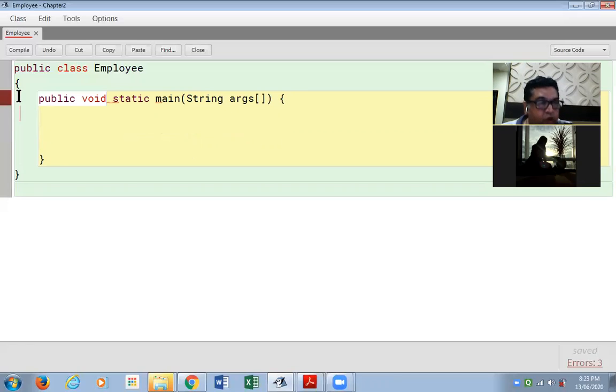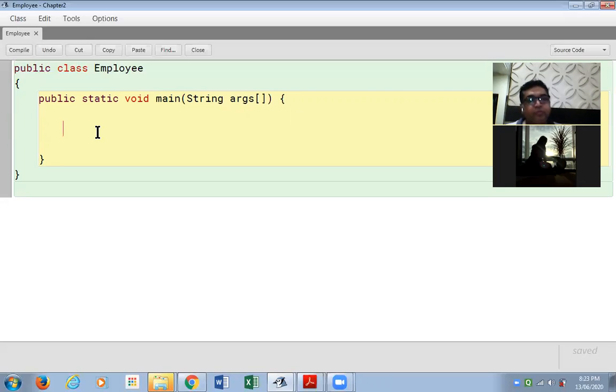Today is the first time actually I gave closing curly braces. Public static void main. Okay, I just retyped it. Some minute mistake in my typing.